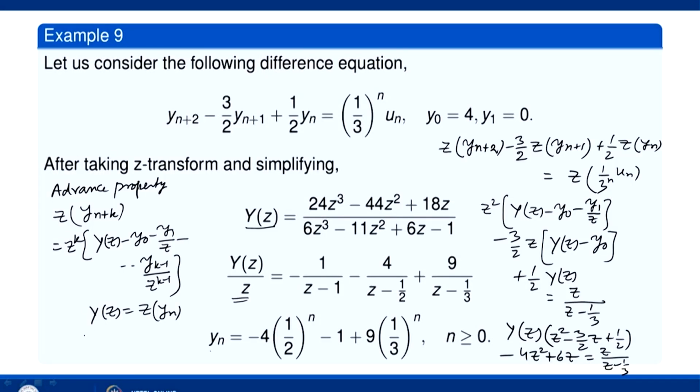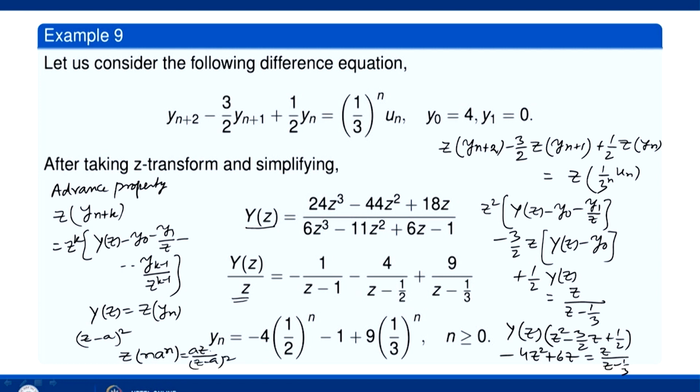Now, if in the denominator you have a factor occurring more than once, say it occurs twice, okay. So, then you have z minus a whole square in the denominator. Suppose you get z minus a whole square in the denominator, okay. Then we will need to use that formula z transform of n a to the power n equal to a z upon z minus a whole square. We will need to use this formula.